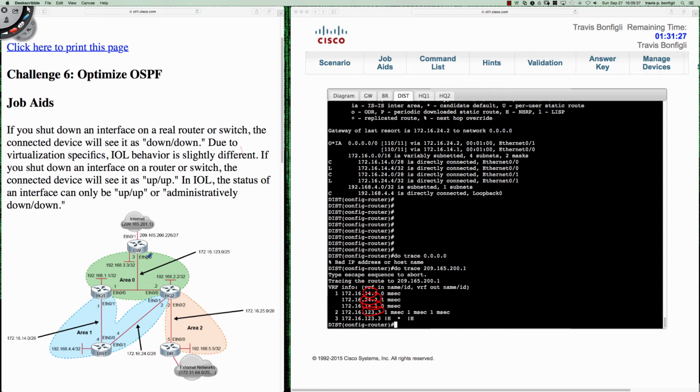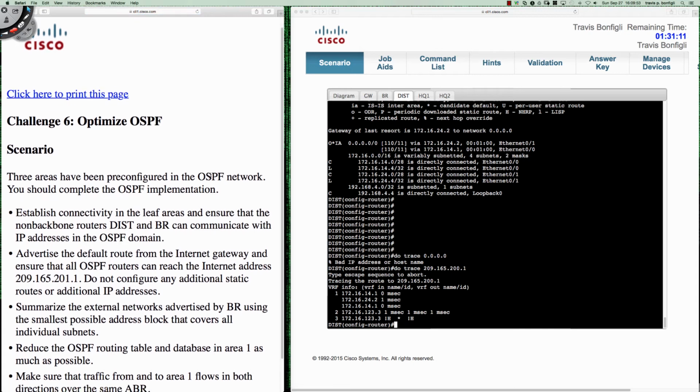16.123.3, which is probably that interface there. And then again, it's kind of like there's a little loop of some kind here, right? Or we've got something wrong getting to that IP address. So let's clear the screen here, and we'll continue to troubleshoot. Let's make sure that we have covered